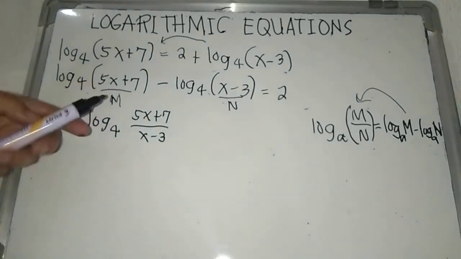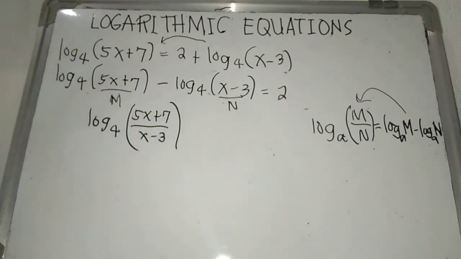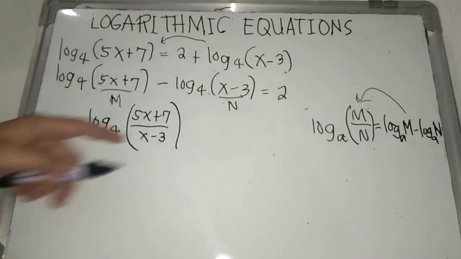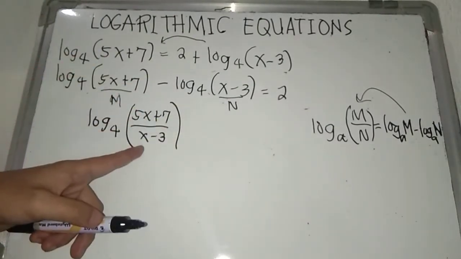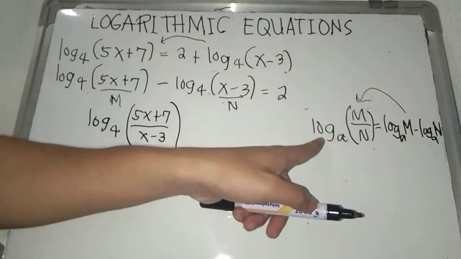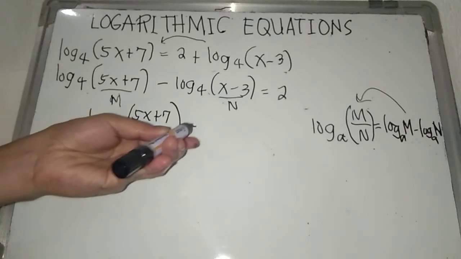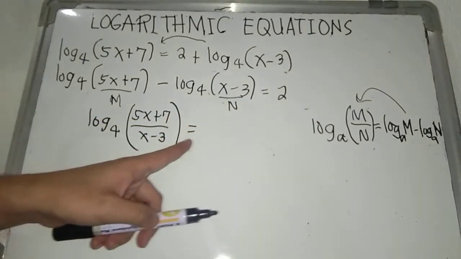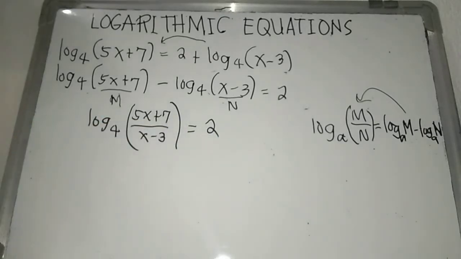So you can enclose that. So basically, the left side is being transformed into log of 5x plus 7 over x minus 3 with a base of 4, following this property as part of the laws of logarithm. And then we have to copy the equality symbol and the constant too. Now, this is